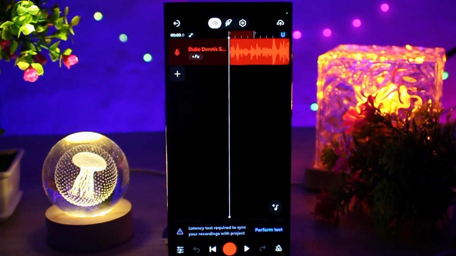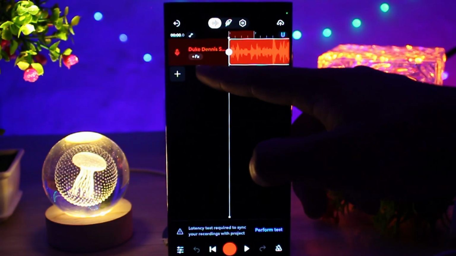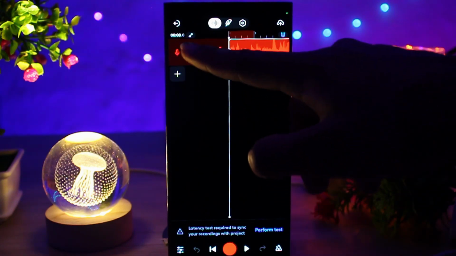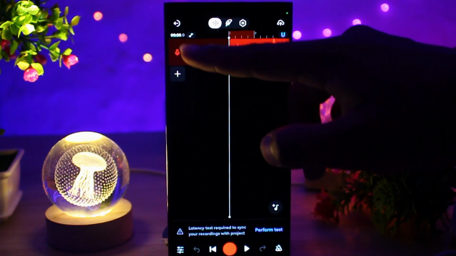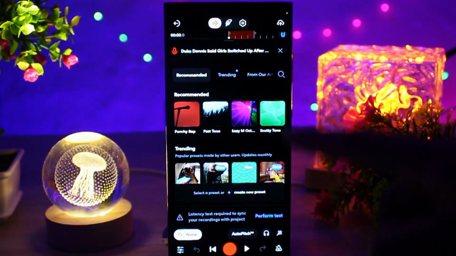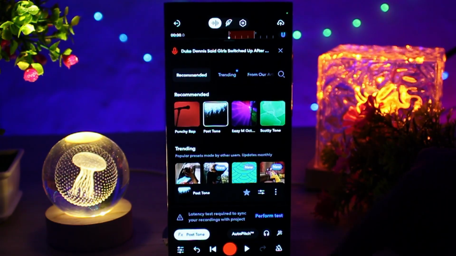Now to change the beat of the track, you need to press the track, then you will see the effects option. Click on that. Click on the effects option. Here you will see the many trending effects. You can select any effect, and